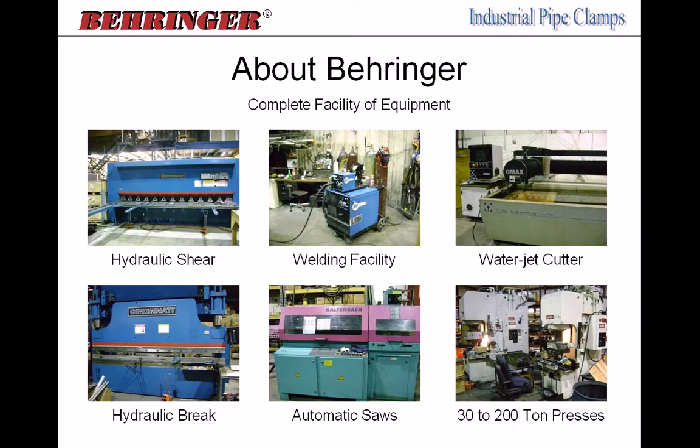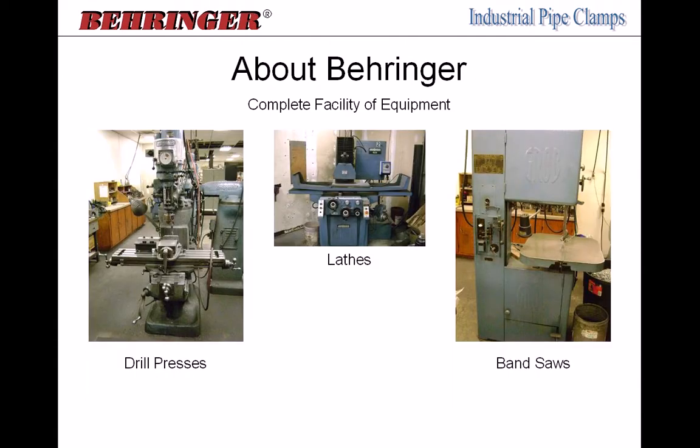We've got a number of equipment, and I'm not going to go into too much detail about it, but for processing, we can cut and shear steel. We've got a hydraulic brake so we can form it and bend it. We've got a full welding facility, automatic saws, water jet cutting machines. We've got a number of different presses ranging from 300 to 200 tons. We've got drill presses and lathes, bandsaws, a full machine shop. We do all of our in-house tool and die manufacturing and maintenance,